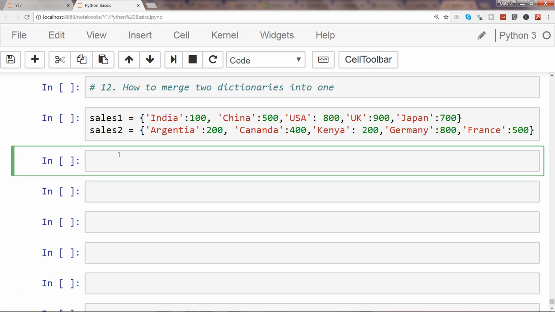Okay, so what I'm showing you is one quick trick. So sales is equal to open and close the dictionary and then use these two stars, right? This is a new way that has been introduced in Python 3.5 to get all the values within the dictionary. So **sales1 and then **sales2,